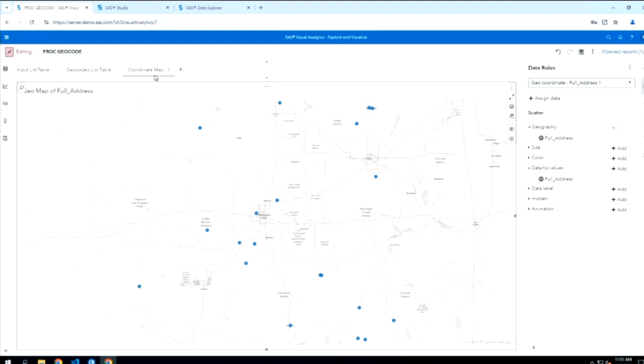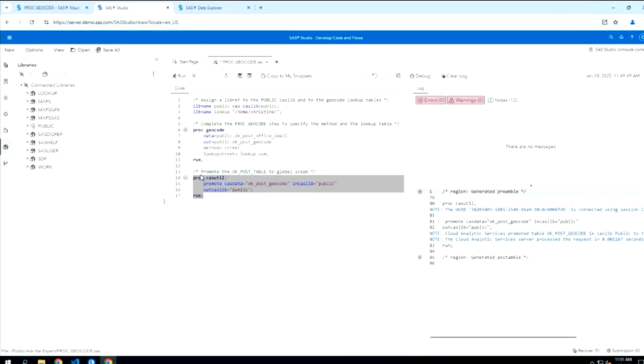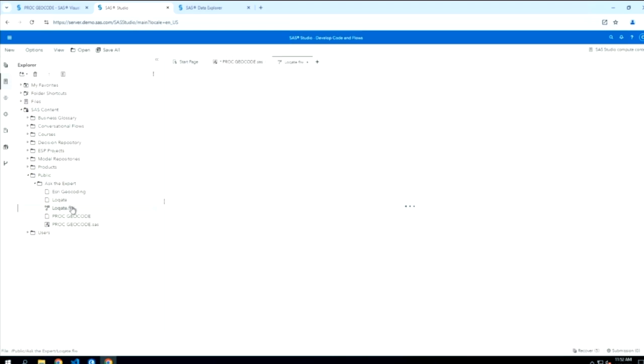Now, the last thing that I want to show you quickly, so I'll try to leave some time here for questions as well, is using the locate procedure. Now, this uses a SAS Studio flow, which is this point-and-click programming interface. So I'm going to start with that same OK Post Office small table. And then I'm going to add this step that will allow me to use this locate geocoding API, which I can find in the left on the Steps tab.